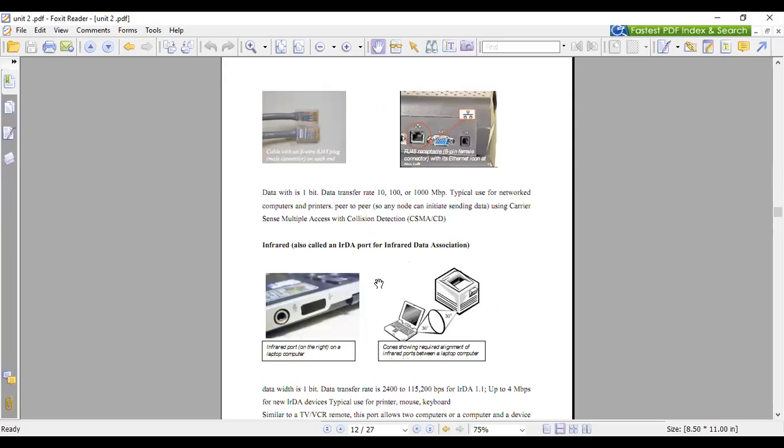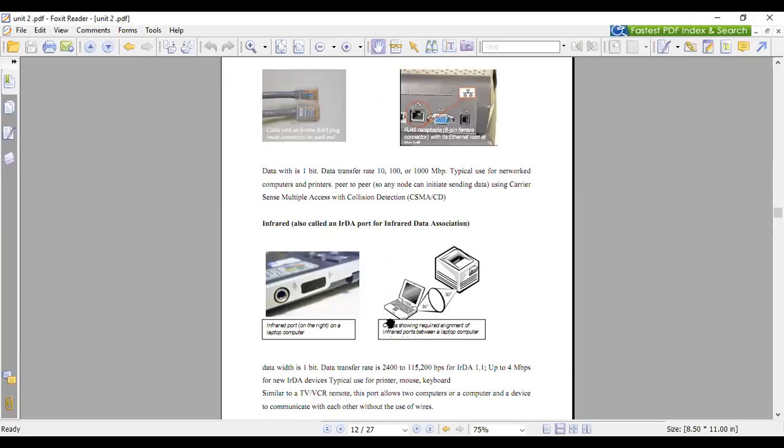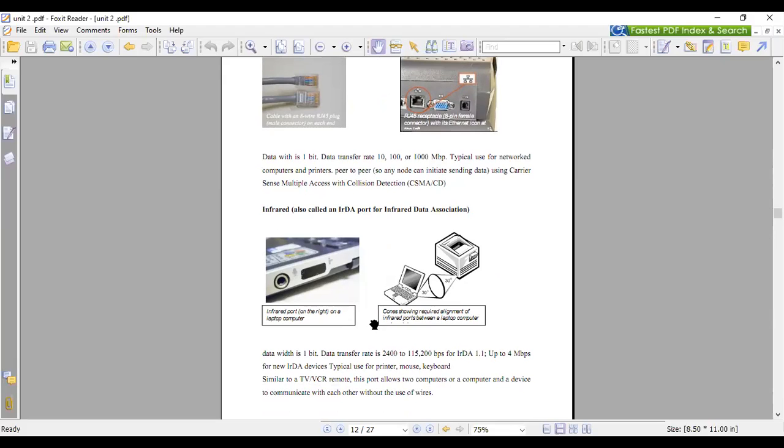Then infrared ports are there. You cannot see them. You don't have to plug anything. Right? So infrared is there. Then nowadays Bluetooth is there. You don't have anything to plug there, but it is